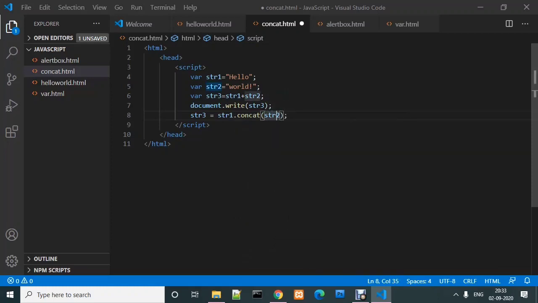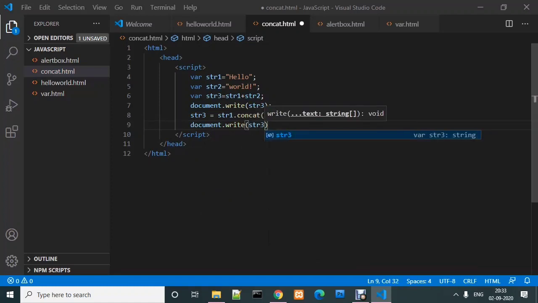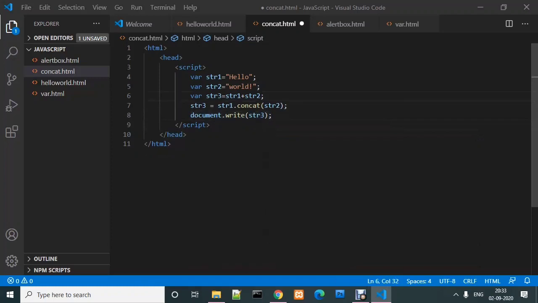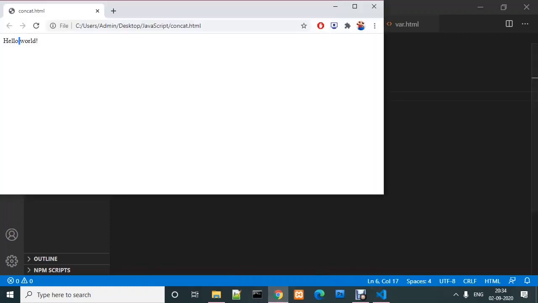And we print using document dot write str3. Again I'm deleting this and this also, and declaring this variable var str3 here, and now refreshing this.